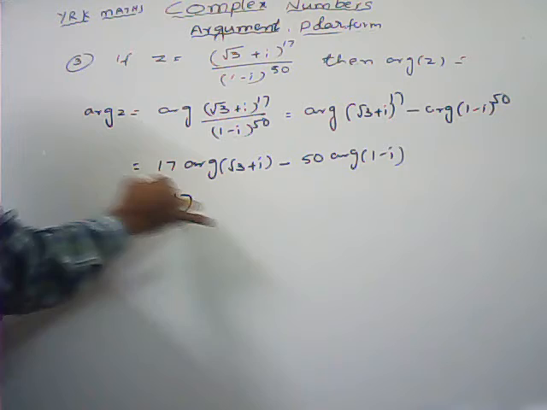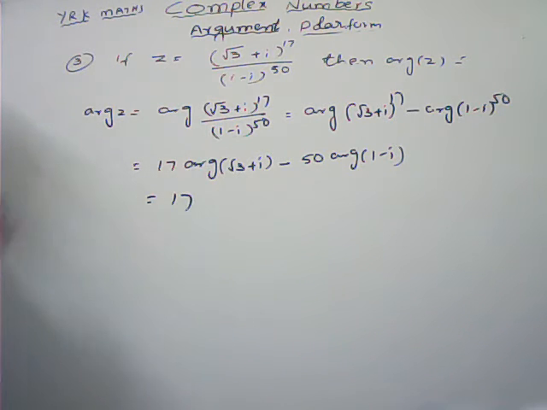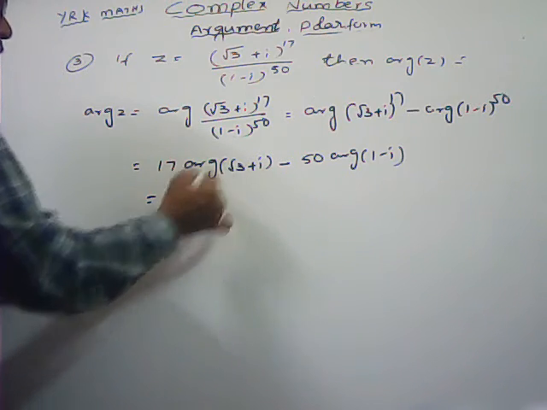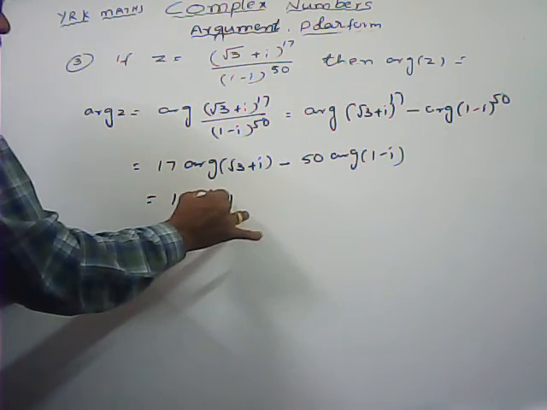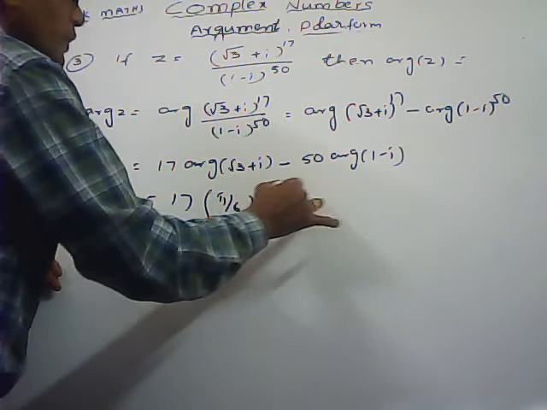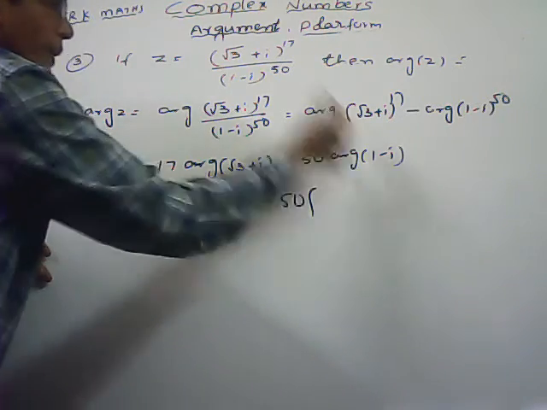For root 3 plus i, both the real part and imaginary part are positive, so it is in the first quadrant, where theta is equal to alpha, and alpha is equal to tan inverse modulus of y by x. So tan inverse 1 by root 3 we can write as pi by 6, 17 into pi by 6, minus 50 into,